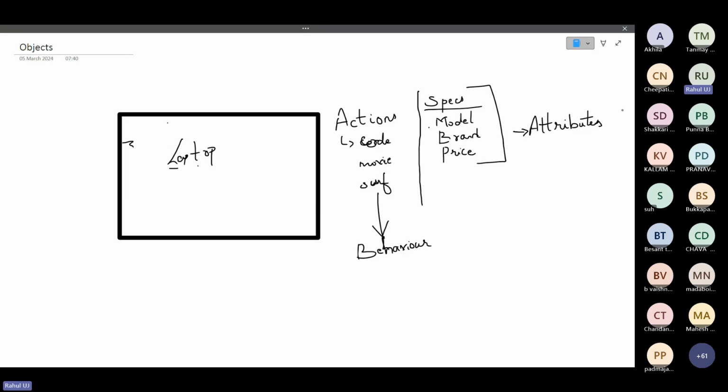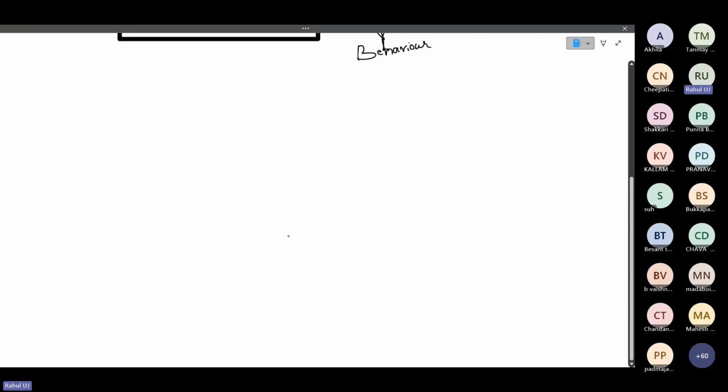Specifications are called attributes and actions are called behaviors. So every object will have these two things. There is not a single object which doesn't have both. If it is an object, it will have both things.